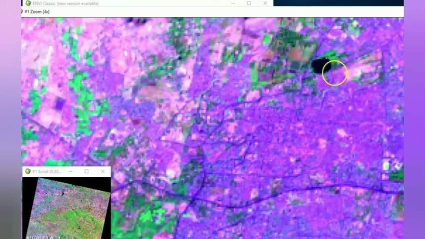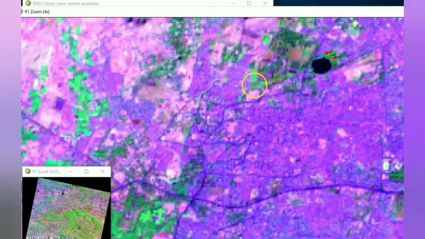Here the green color indicates the vegetation. So you can name the ROI as vegetation. So with green colors, you can select different points at different locations in the image as the ROI.